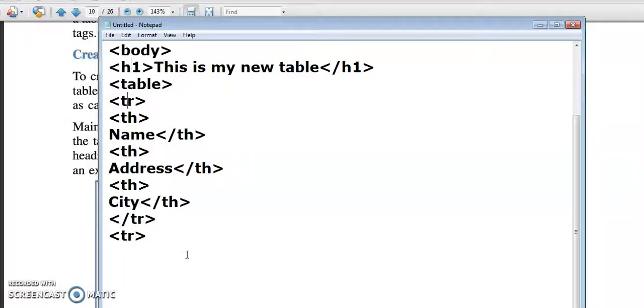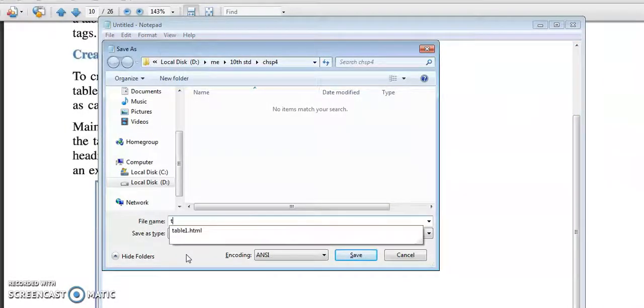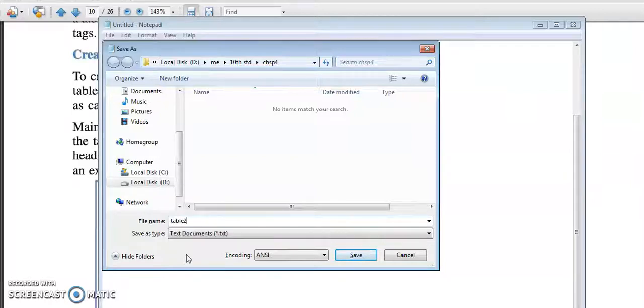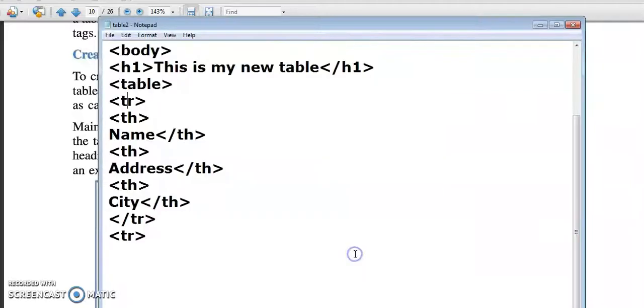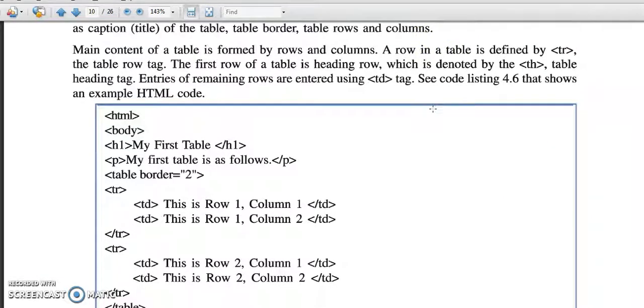First we will see the output of this row, table2.html. Before that, I would like to show you the first table coding given in our textbook. This is our textbook coding: body, h1, my first table, paragraph, my first table is as follows.